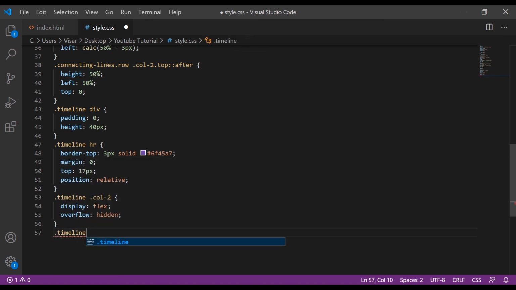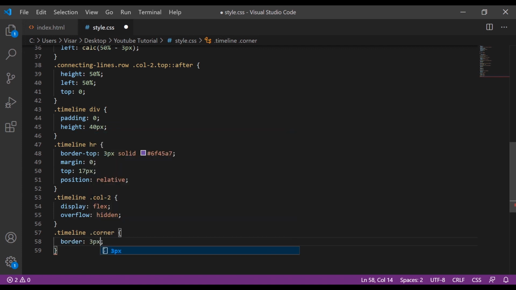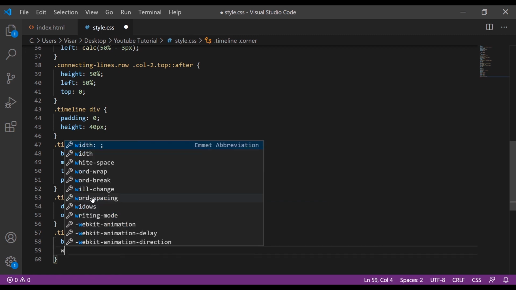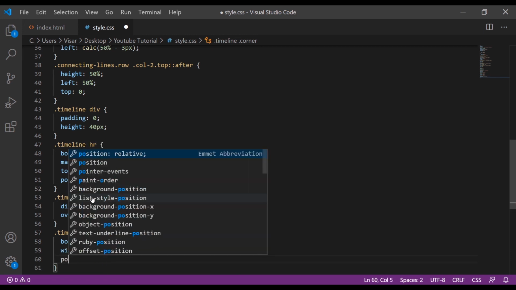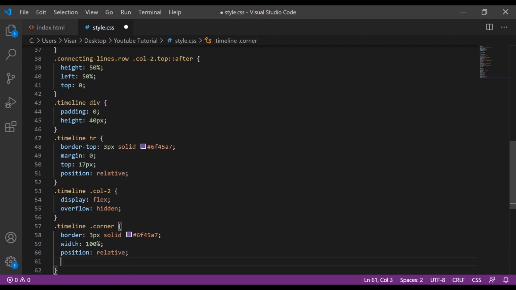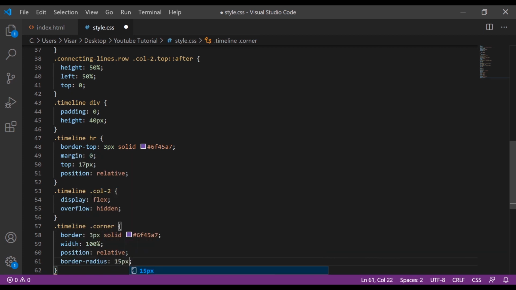Then timeline corner, give a border of 3 pixels solid, and color the same one, and width will be 100%, position will be relative, and the border radius will be 15 pixels.